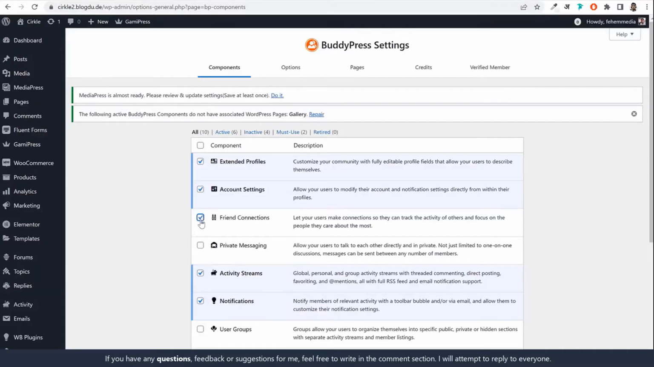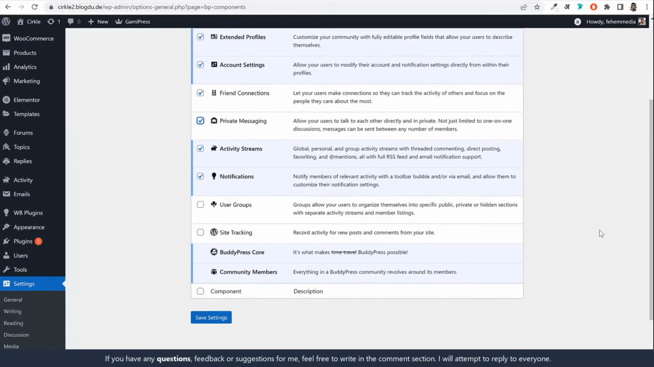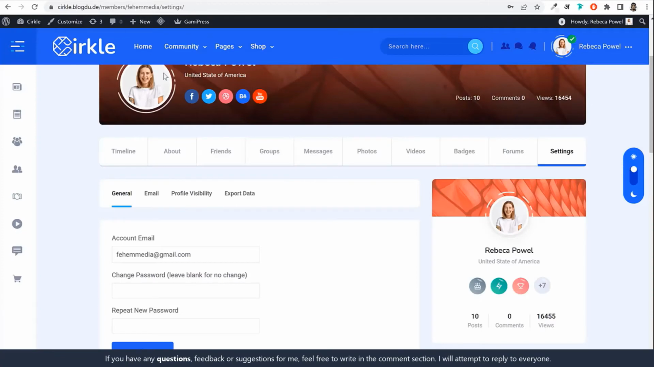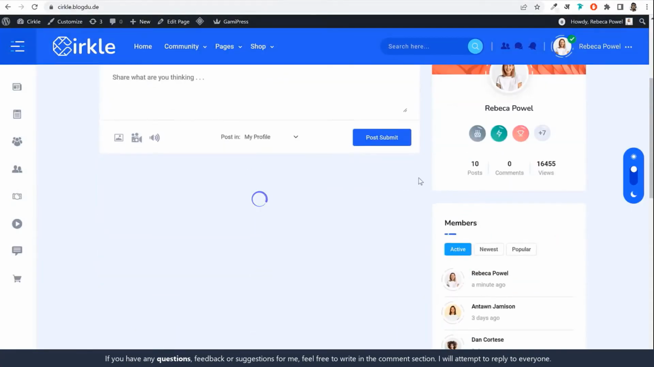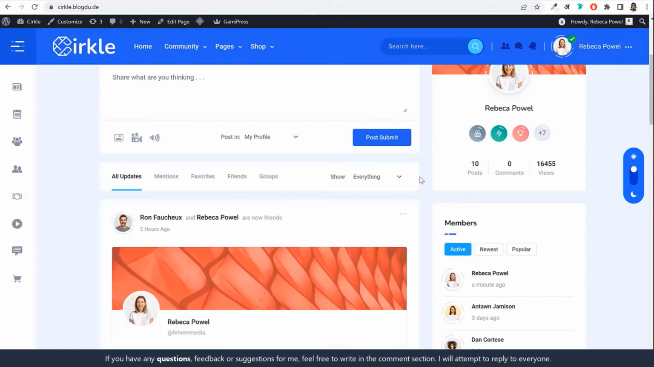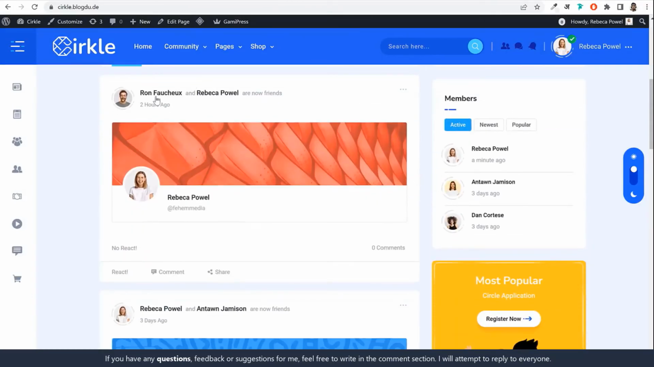Then also make sure you enable this friend connection so that people can send friend requests to each other. Then make sure to always enable private messaging so that people can private message each other. Activity streams should also be enabled so that you can see activity. This is the activity page. This is basically going to be your home page. So you can see all the activities of your friends and different